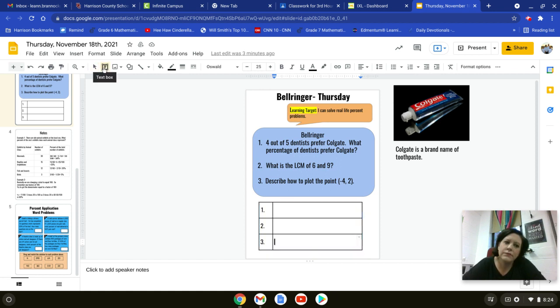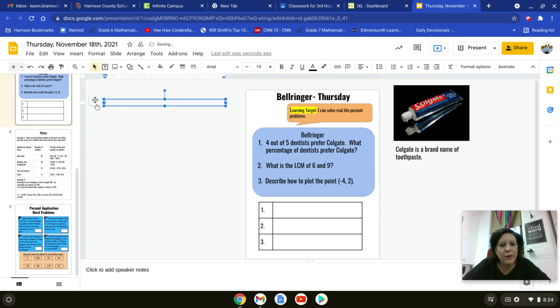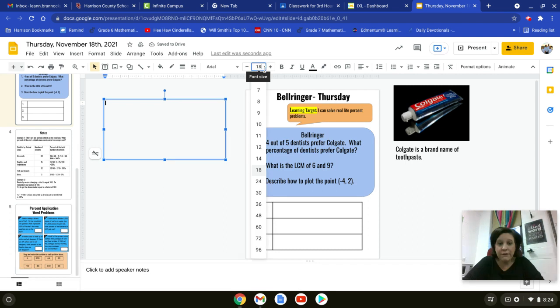I'm trying to make a text box so I can show you how to do the work over here on the side. So remember, if we're making a percent, that means it's got to be scaled to be out of 100. So 4 out of 5 means we got to make the 5, because it's our bottom number, we got to scale that to be out of 100. Okay, so our denominator, our bottom number, that fraction,